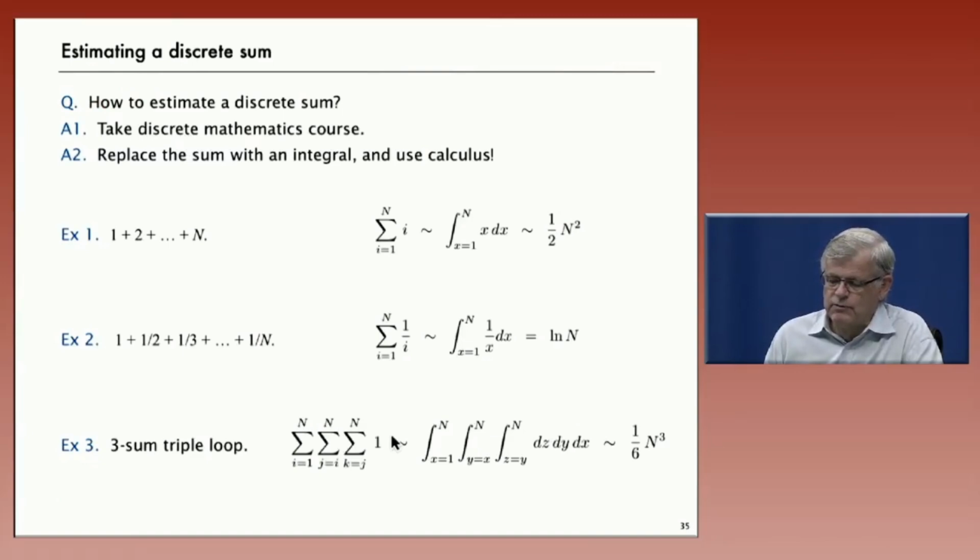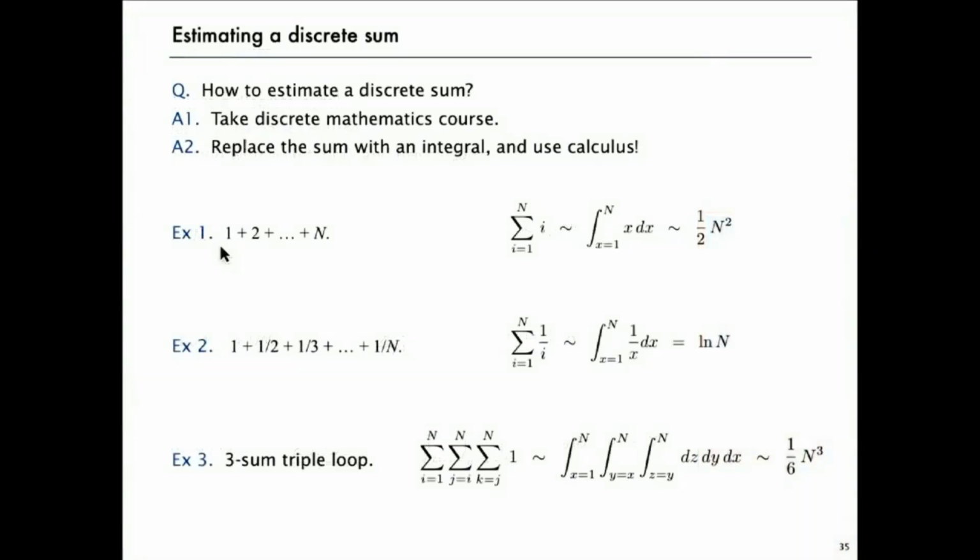Now we're not going to do a full discrete mathematics in this course, but there's some basic things that we'll want to use and are not that difficult to understand. So a lot of times we find out that we need to come up with an estimate of a discrete sum, like we did for 1 + 2 up to n, or some of the squares, or other things like the three-sum triple loop. And so actually, if you've had basic calculus, one way to think of it is to just replace the sum with an integral. That usually works, or we can do the math and use the so-called Euler-Maclaurin summation formula to get a true